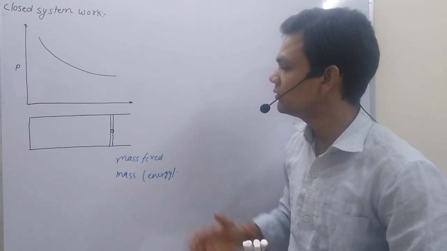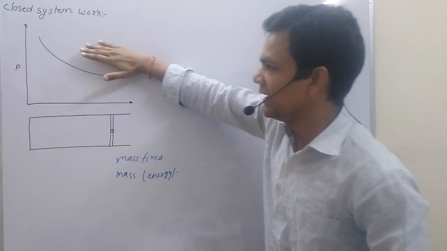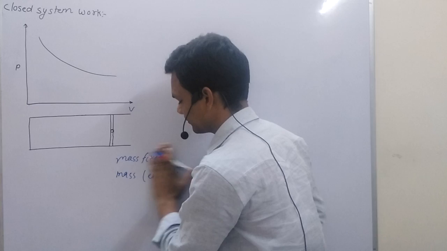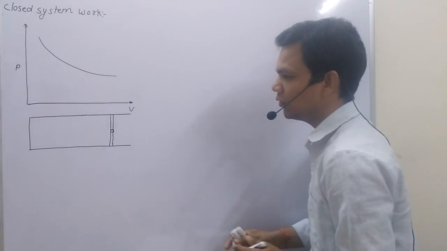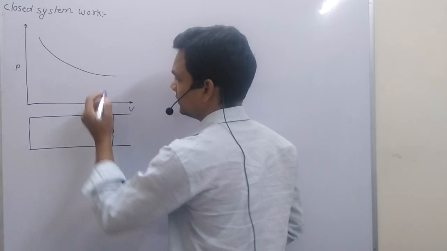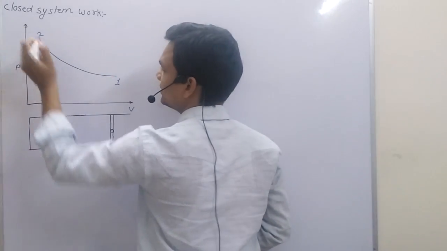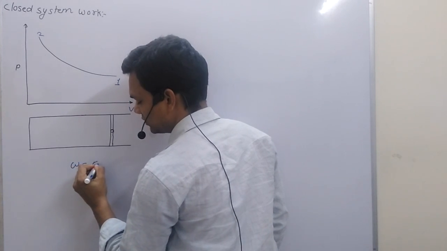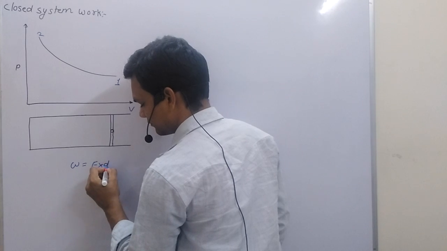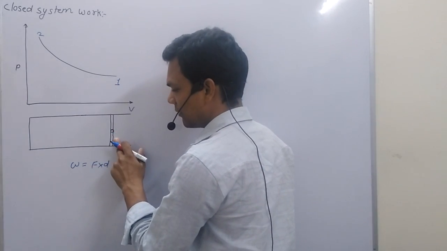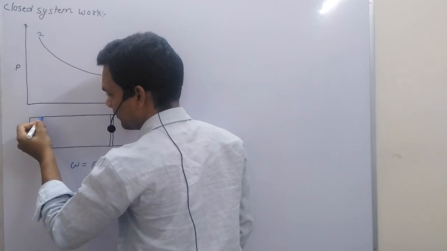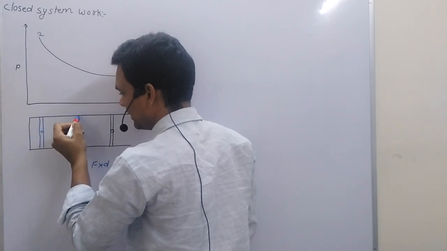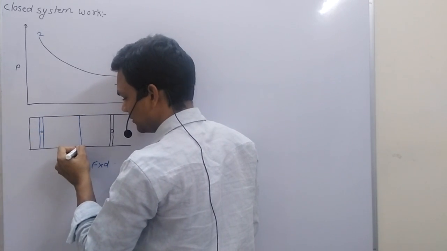Now, today we talk about how the area under the curve on a PV diagram is equal to work. You know very well that, suppose this is our first position, this is our second position, and work is equal to force into displacement. Now, suppose this is a piston, our first position of the piston. Now, it will be the final position. Suppose some intermediate position.